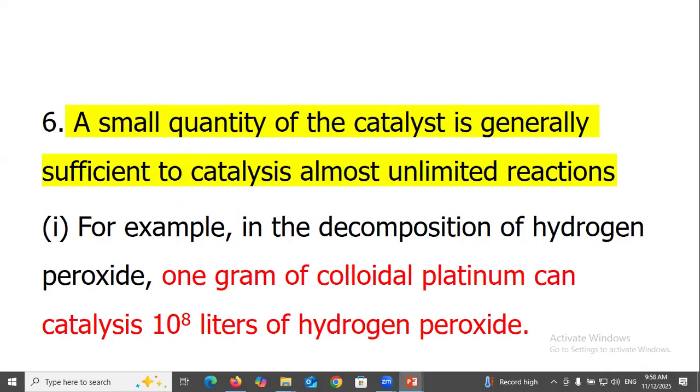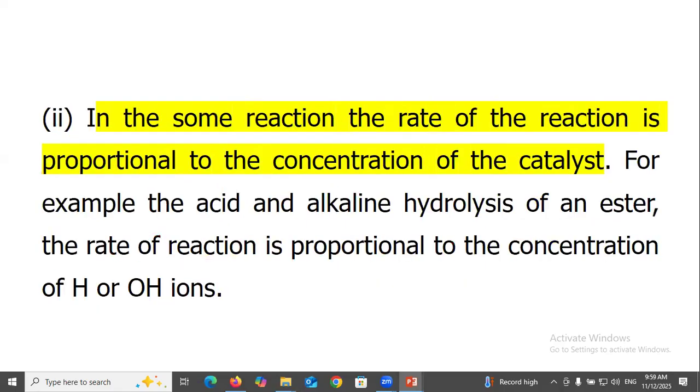A small quantity of catalyst is generally sufficient to catalyze almost unlimited reaction. For example, in the decomposition of hydrogen peroxide, 1 gram of colloidal platinum can catalyze 10 to the power 8 liters of hydrogen peroxide. In some reactions, the rate of reaction is proportional to the concentration